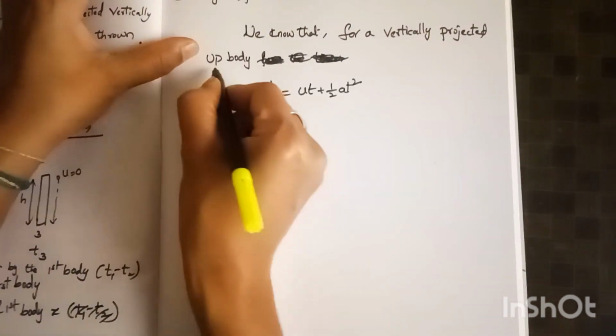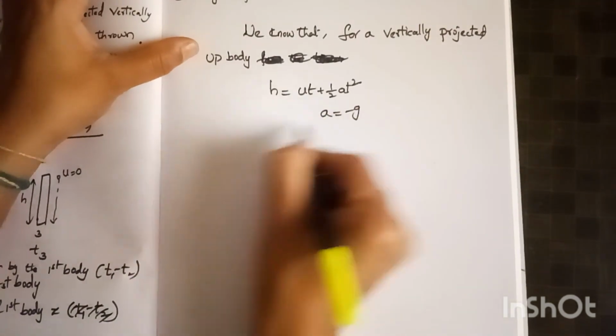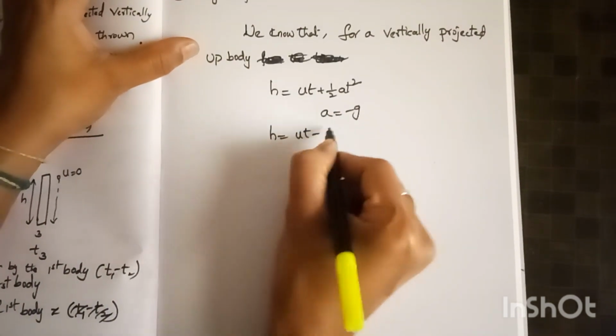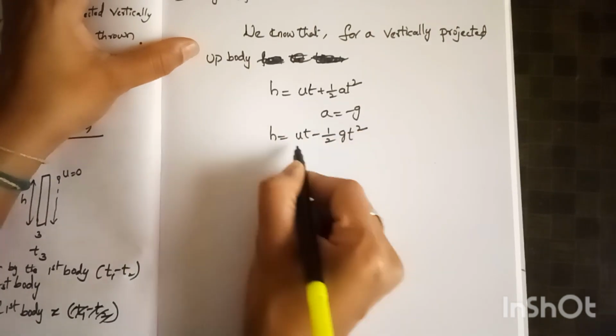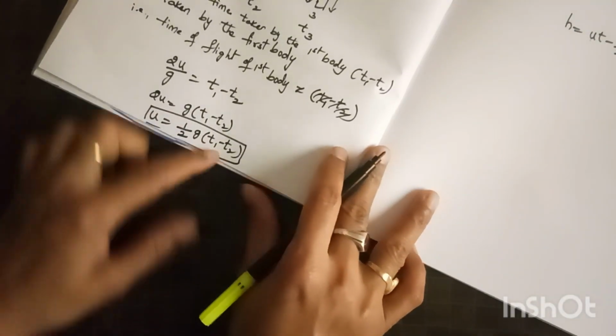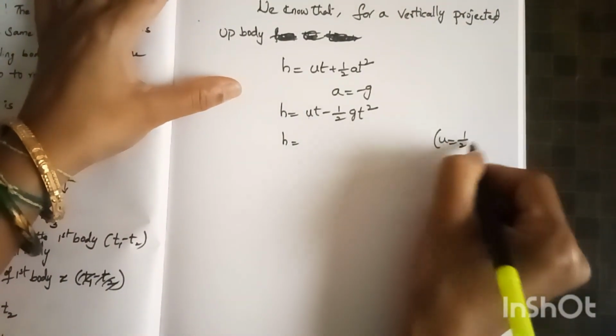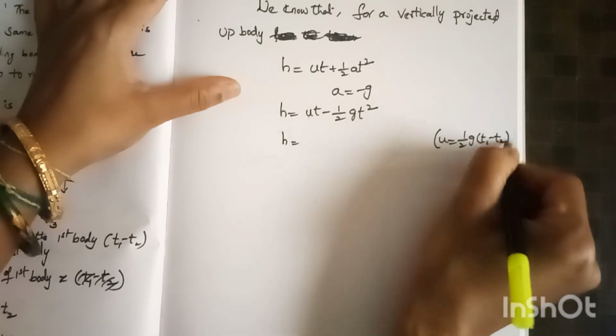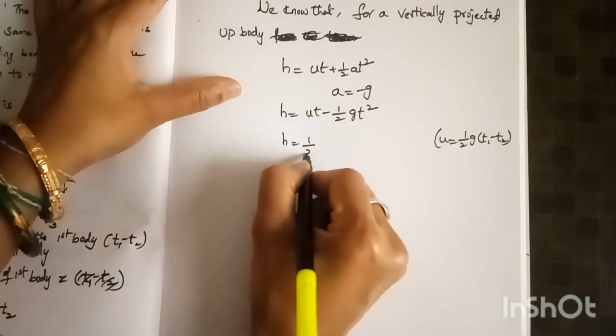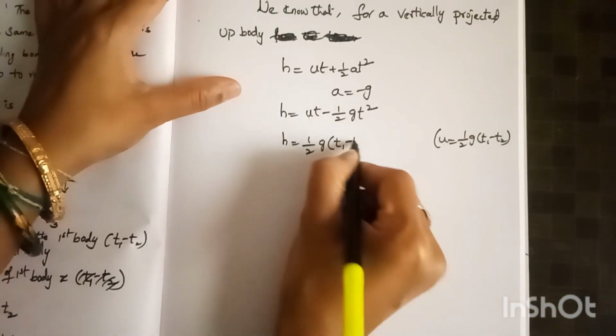Upward projected body means a equals minus g, so h equals ut minus half g t square. What do we have for u here? We got u as half g into (t1 minus t2). Substitute here, h equals half g into (t1 minus t2)